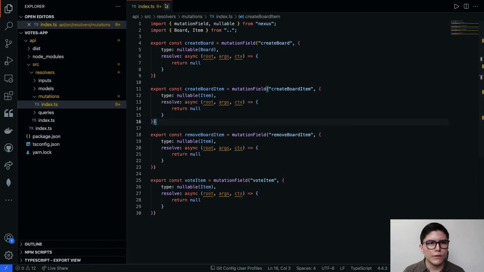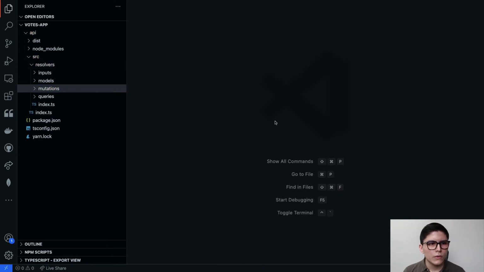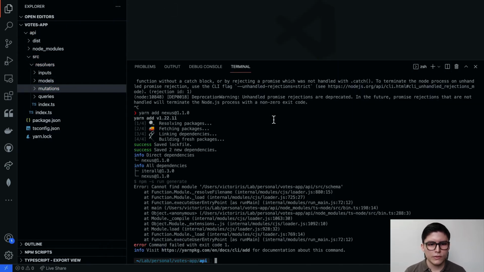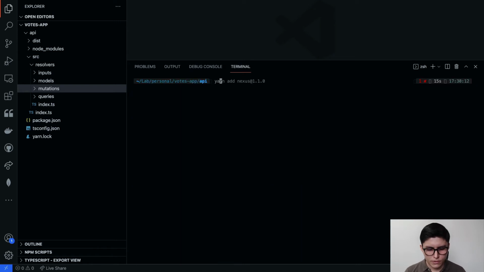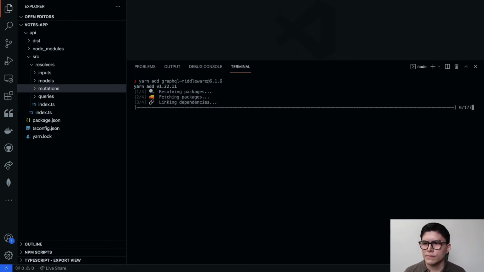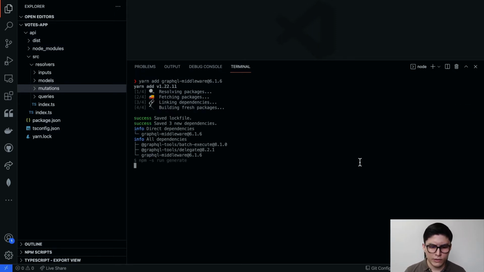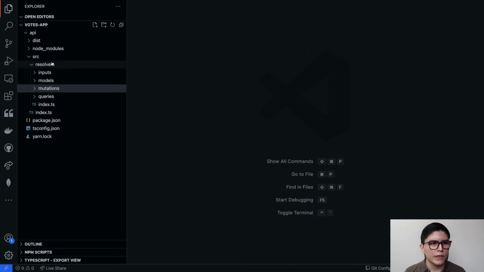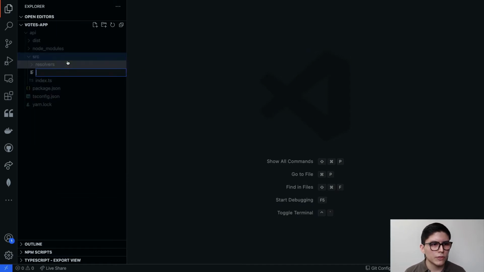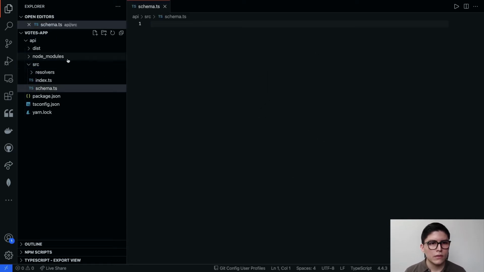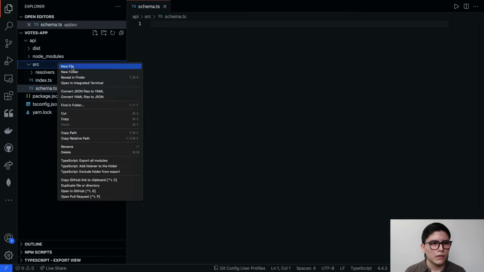Now, for declaring the schema, we are going to be needing to install another package. So yarn add graphql-middleware, and it's going to be 6.1.6. So make sure to specify that. And while this installs, let's create a file in source, which is going to be schema.ts and